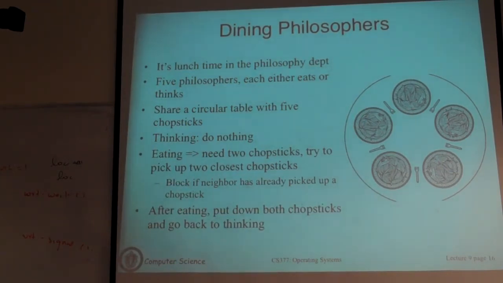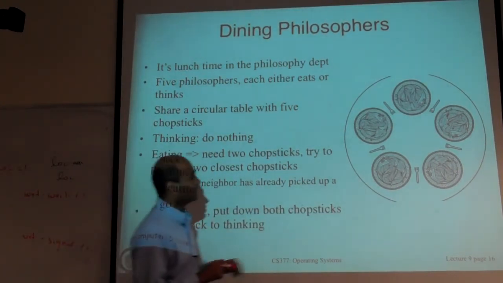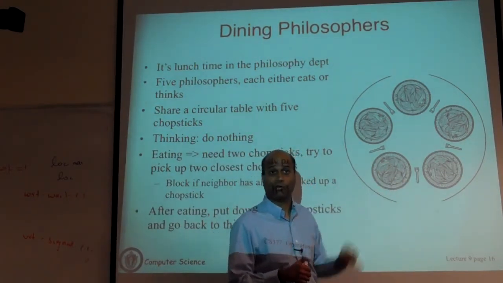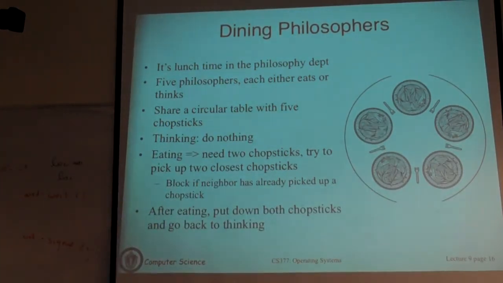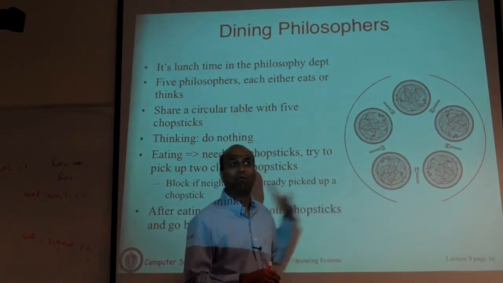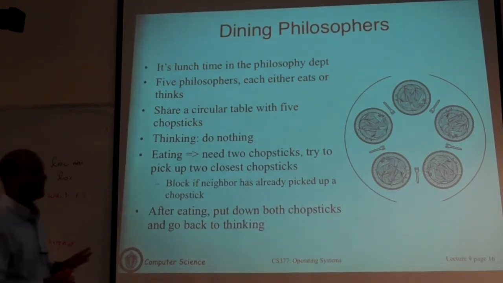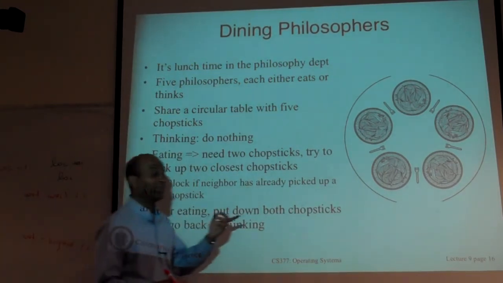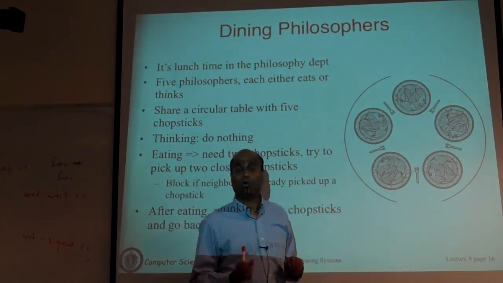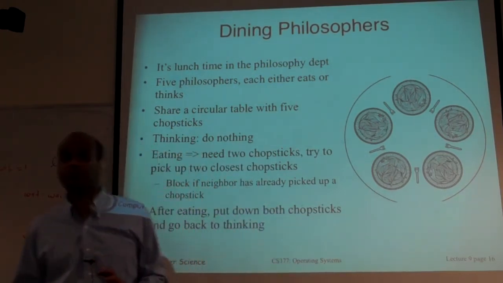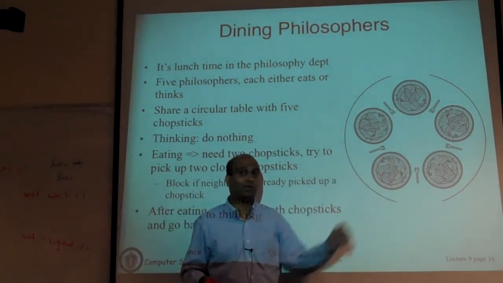So when they eat, they don't think. When they think, they don't eat. And this is how the table is laid out. There's a plate and there are 2 forks, and there's a bowl of spaghetti, so you need 2 forks, not 1. If you get hungry, you have to grab both the forks, your left fork and the right fork, and you start eating. The forks are unfortunately shared, not the most hygienic way to eat, but that's the way you're going to eat. So the problem is that a fork is a shared resource. And you want to solve this problem in a way that if multiple philosophers get hungry, there is a way by which they can grab their left fork and the right fork and eat.